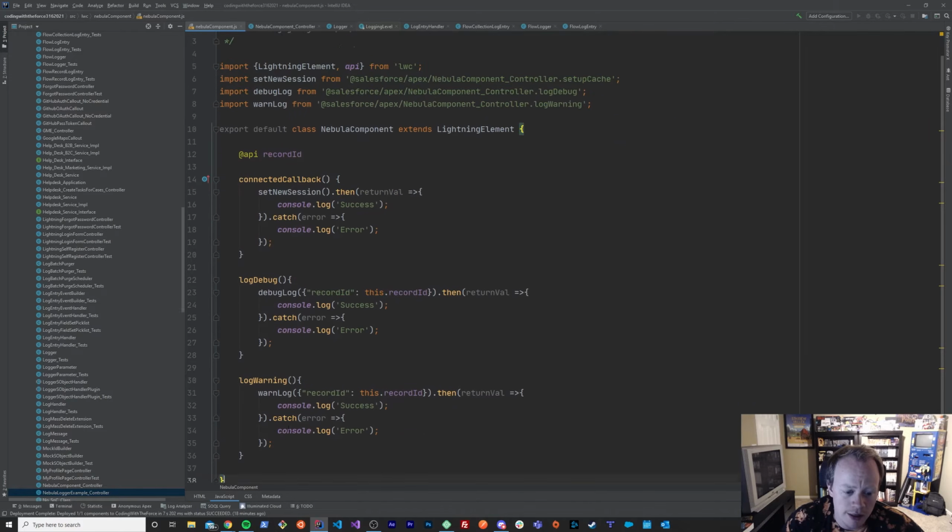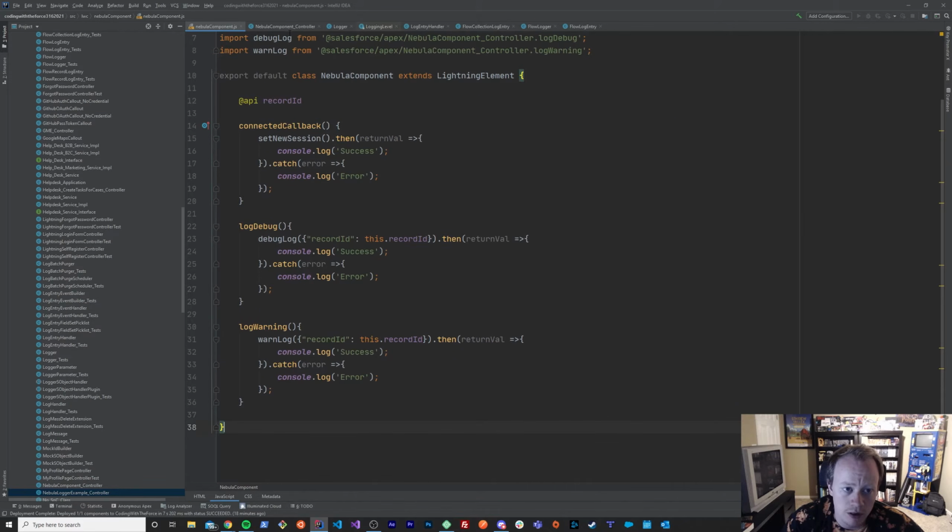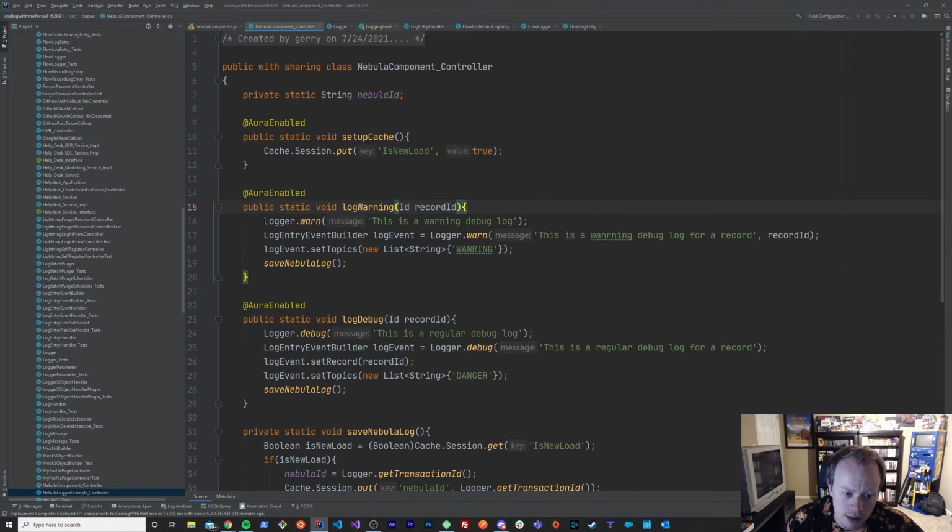And the JavaScript method then calls out to my Apex controller, and my Apex controller says, okay, I want to create a new debug log entry that has the value, this is a warning debug log, and then this is effectively the same thing, except I'm assigning it to a log entry builder variable that logs both another message and logs it against a specific record, the record ID that I pass in,